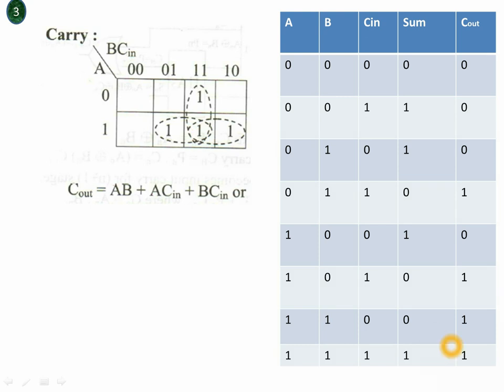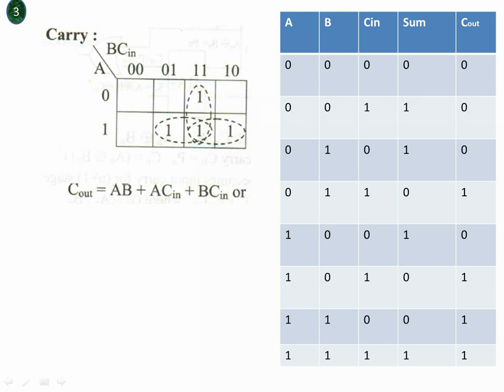We write the ones where the output is logic 1 for the C out. Here these 2 ones, we can group as one group. Similarly for these 2 ones, we can make another group. While writing the logical expression for each group, for this group it is the A, and 0, 1 will be cancelled. Then there is a 1, 1. So we have to write the A, C in. That is the A, C in for this group.